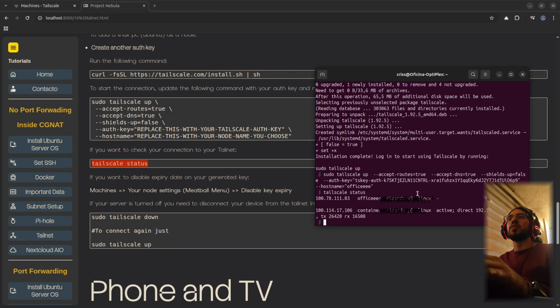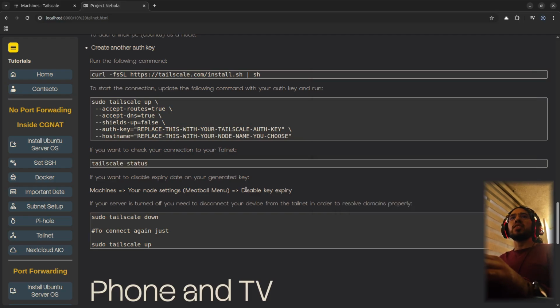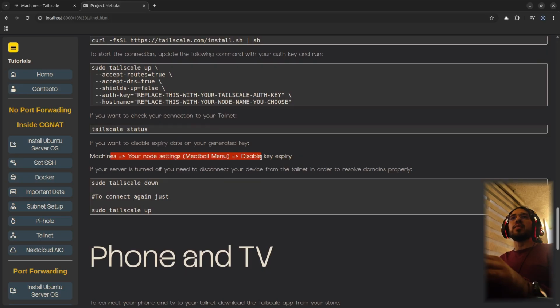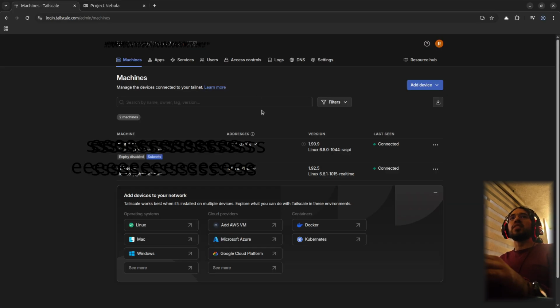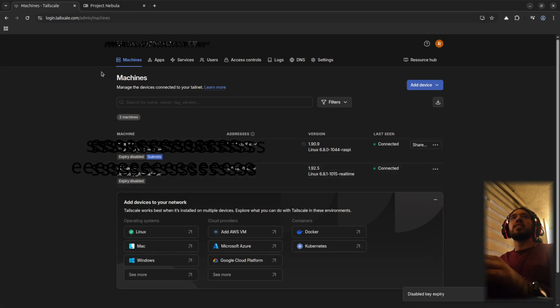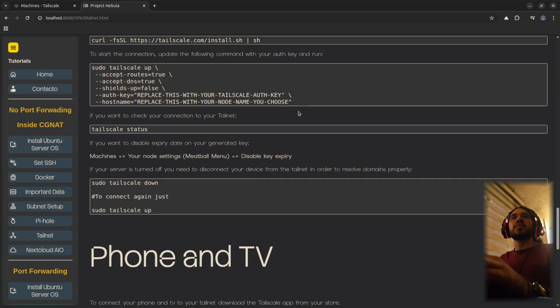This is very important. It doesn't matter if it is your phone and you are on your LAN, you have to be part of the Tailnet. If not, you will not be able to access your containers, because you cannot access them directly through your server, but only from your Tailnet. So once this is done, we can disable the key expiry from here. So you go here and disable key expiry, so it will not expire the credentials there, and so we are